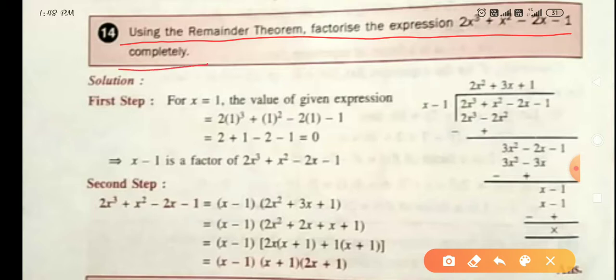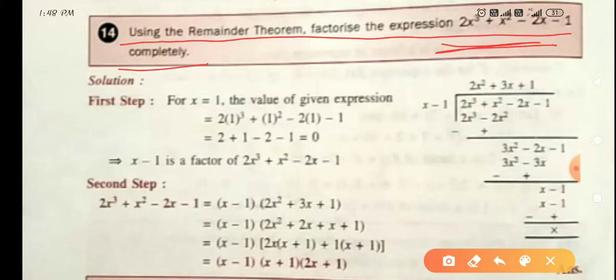Now in this question you can see only one polynomial is given. We do not have any divisor. So how can we factorize it? Because in the previous question one divisor was given, and that divisor we proved as a factor, and by that factor we divided the polynomial. So here we do not have the divisor, then how can we divide the polynomial? By which divisor? So for this, students, from your side, you have to put one value of x in this polynomial.